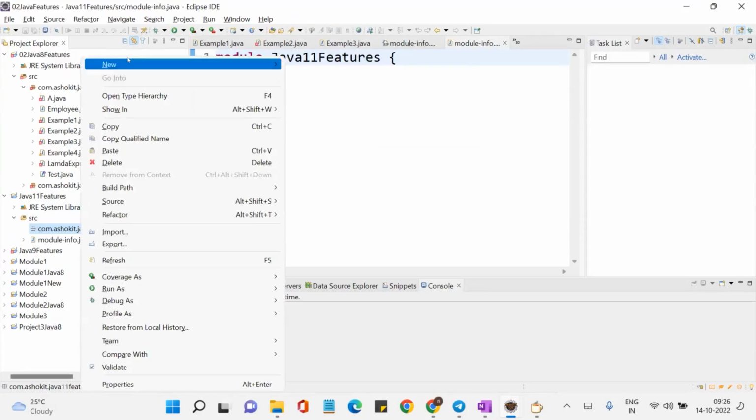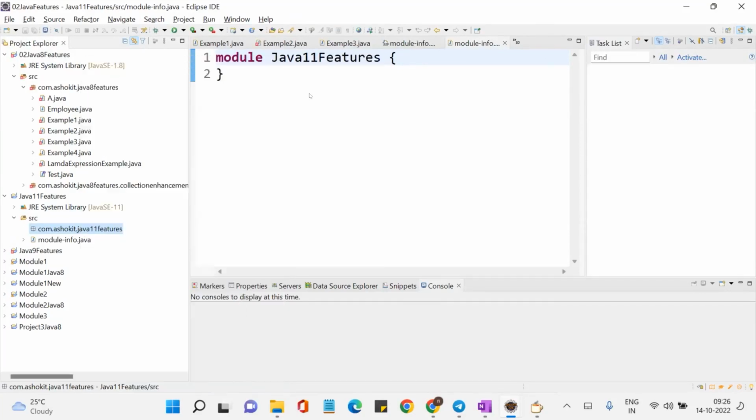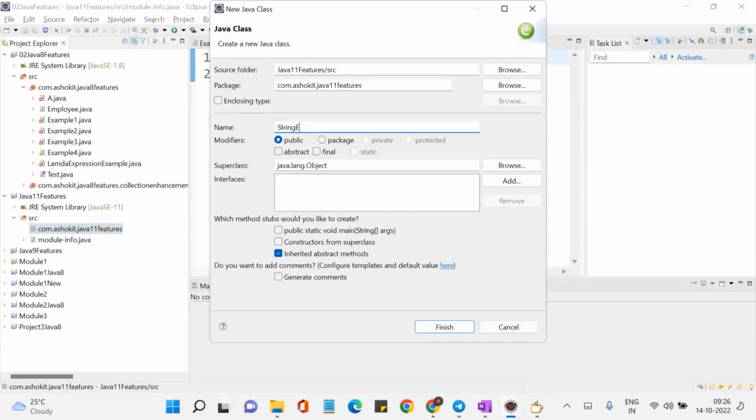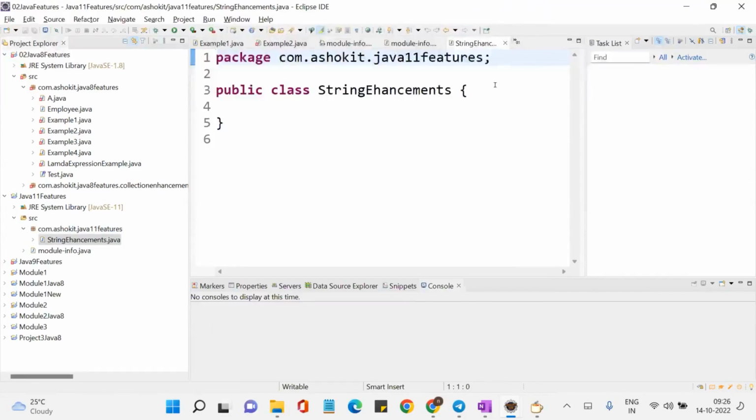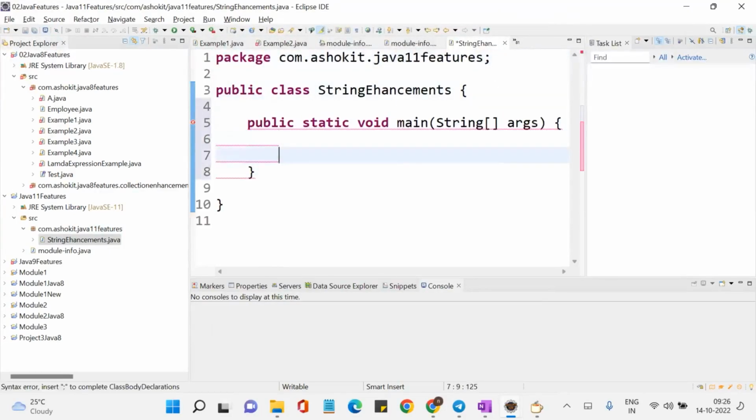Let me create a class. So I created a class called StringEnhancements. Okay. Now let me create a main method. Now let me ask some questions. String s = "Karthik";